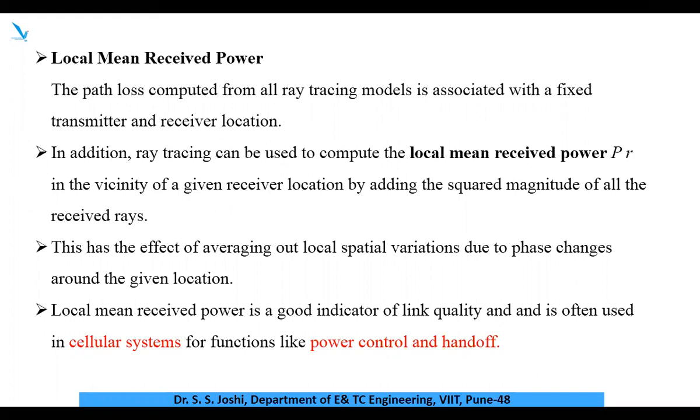When you enter into another cell, in case of a handoff mechanism, your call should not get dropped. How much minimum power is required for the receiver to switch from one base station to the other base station is very, very important. So your cell coverage area, transmitted signal power, and received signal power are very important terms here. We have to understand all these terminologies, and we have to use an appropriate model